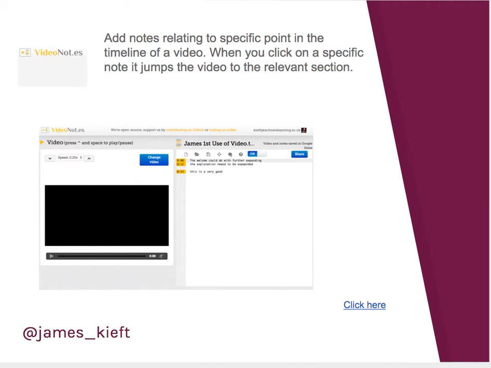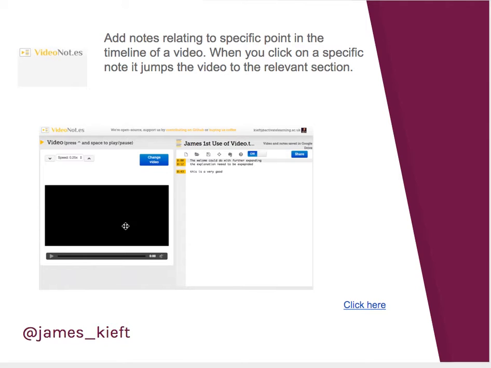So number 2 on my list is Video Notes. It's another Google Drive add-on. It allows you to upload a video link from YouTube and then to allow comments, and as you can see, as you add the comments, it puts in the time mark where those comments relate to the point in the video. So I could see this being used as a way of you giving feedback to learners who provided you with videos,